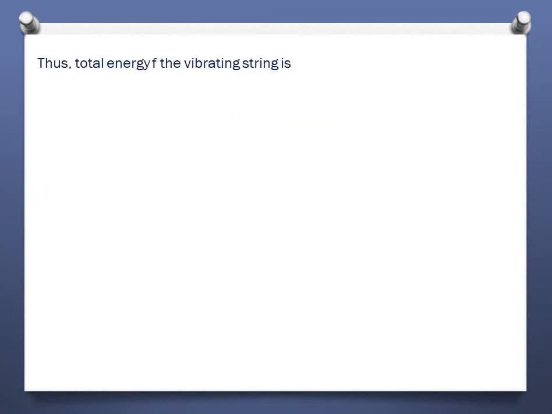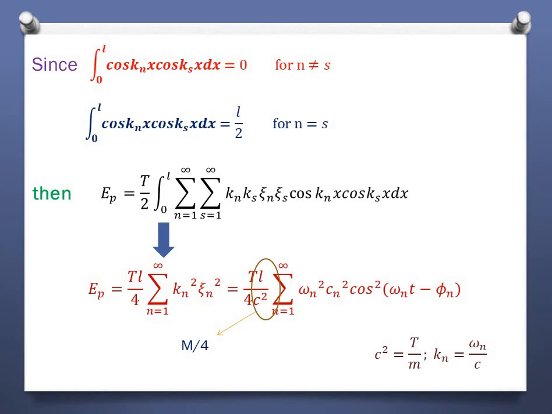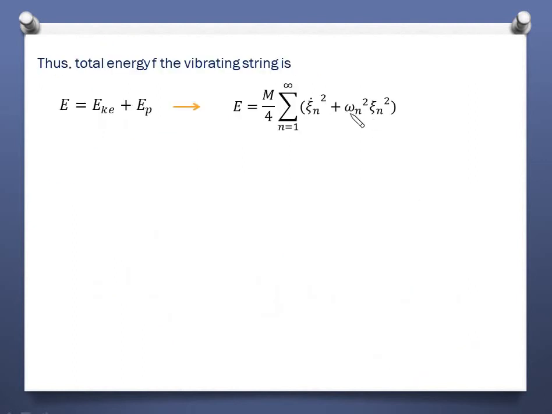So we know the expression for the kinetic energy, we know the expression for the potential energy. So total energy will be the sum of that. So we just sum up, and what we will get is total energy m over 4 summation over n equals 1 to infinity xi n dot square omega n square xi n square. Okay, and just look at this expression, this is m over 4 xi n square omega n square, and this is xi n square. So this term similarly for the kinetic energy expression,